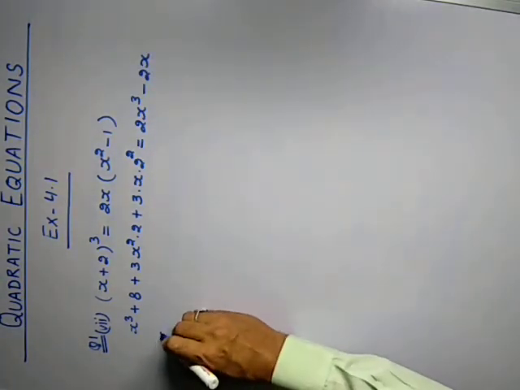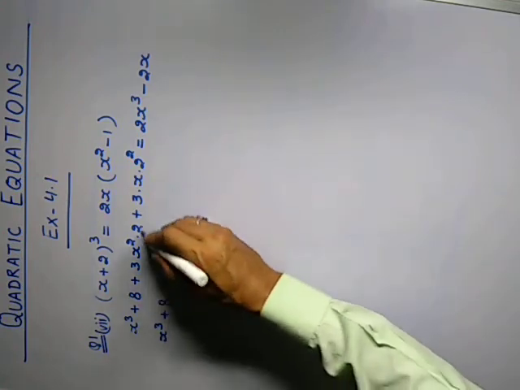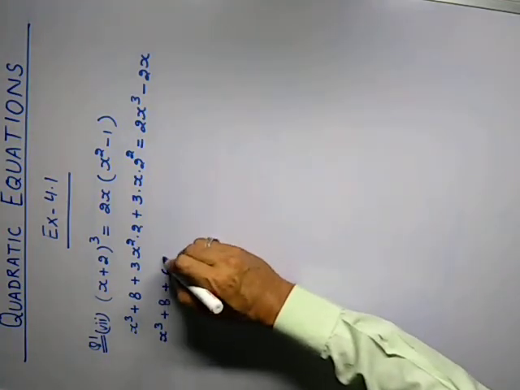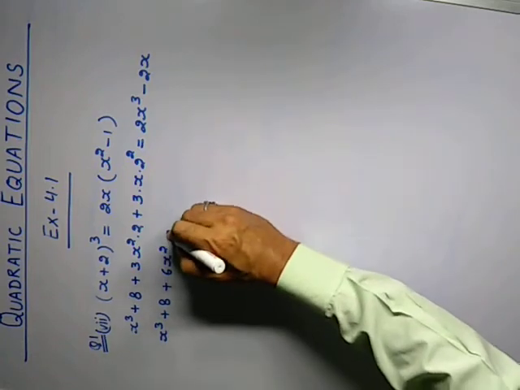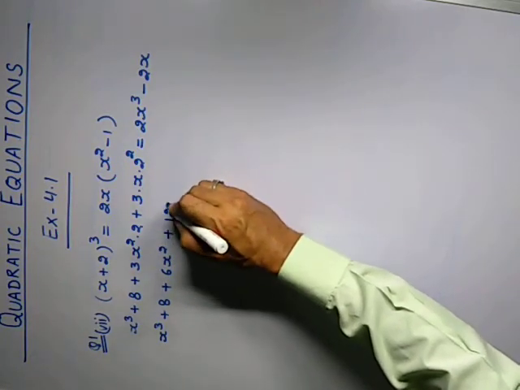Now x cube plus 8 plus 3 into 2 is 6x square plus 2 square 4, 3 into 4 is 12x, and